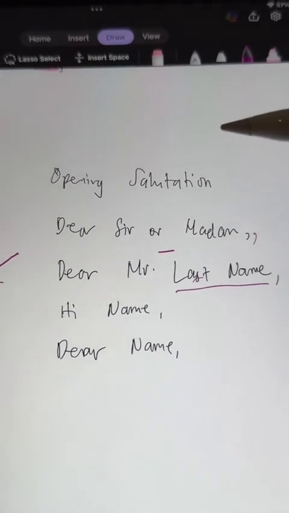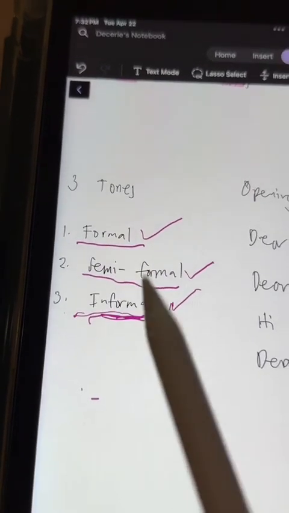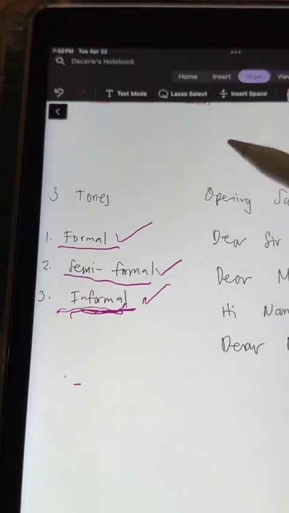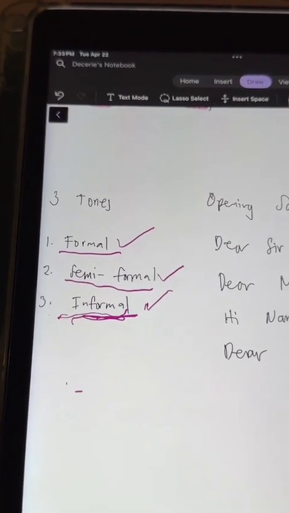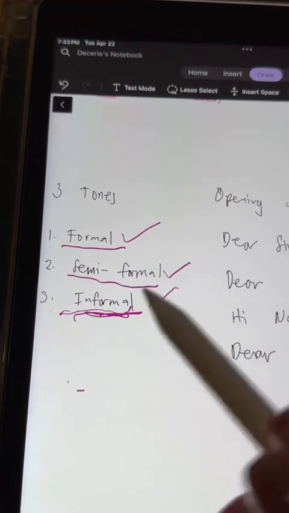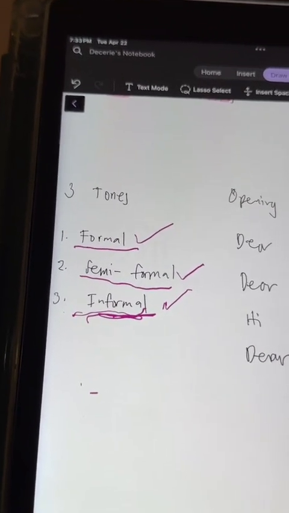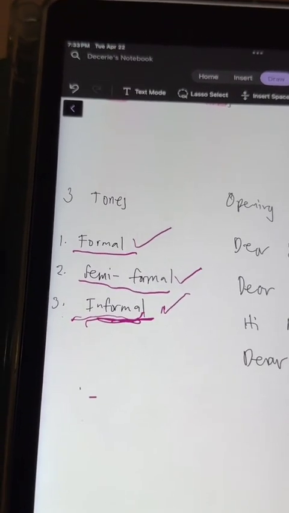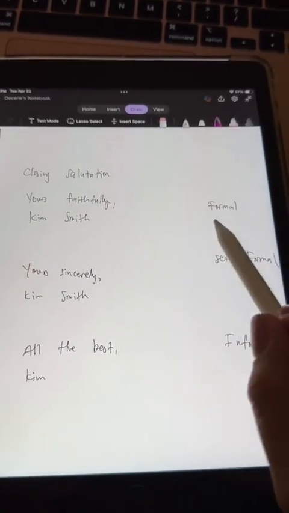The closing salutation should match your opening salutation because it will still match the tone of your letter. And dapat consistent ka with your tone all throughout your letter. So from the opening salutation to the closing salutation, dapat the same lang ang tone mo, whether it's formal, semi-formal, or informal. In this case, dapat nasa formal tone tayo. So these are the different closing salutations. So kung formal,